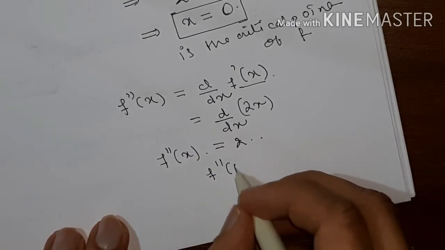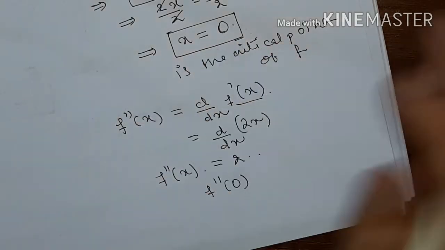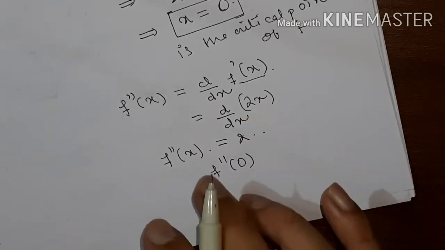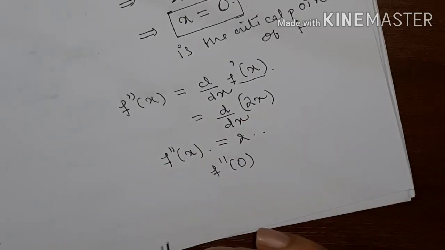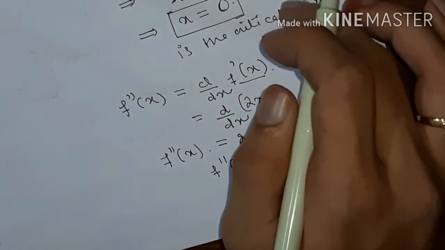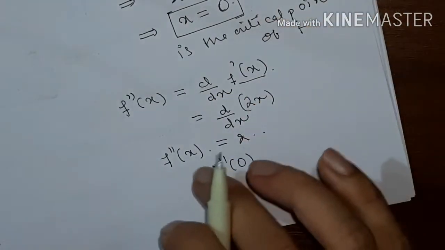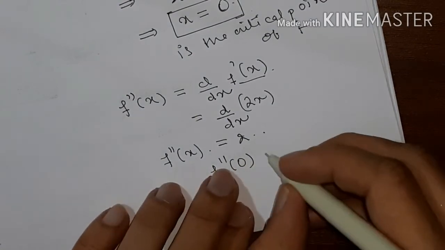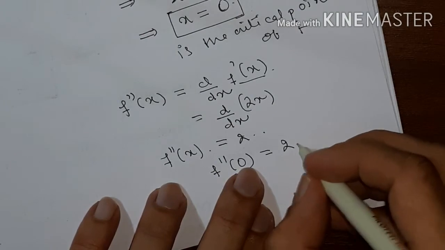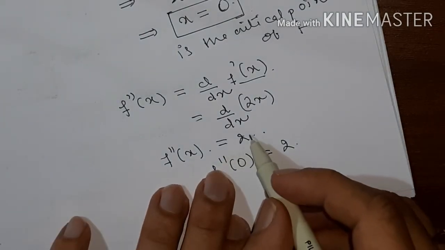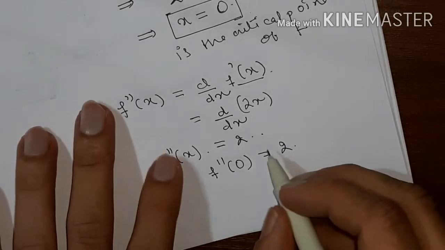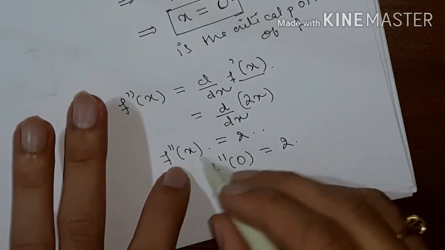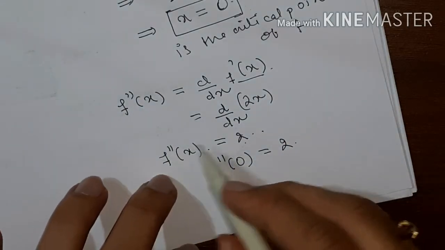Now what is f double prime of 0 then? Because now after finding f double prime, what you have to do is substitute the critical point as x in the double derivative. So f double prime of 0 will be what? 2 only, right? This is a constant function, there is no x to substitute. So f double prime of 0 is 2. For any x, the value of the function f double prime is what?